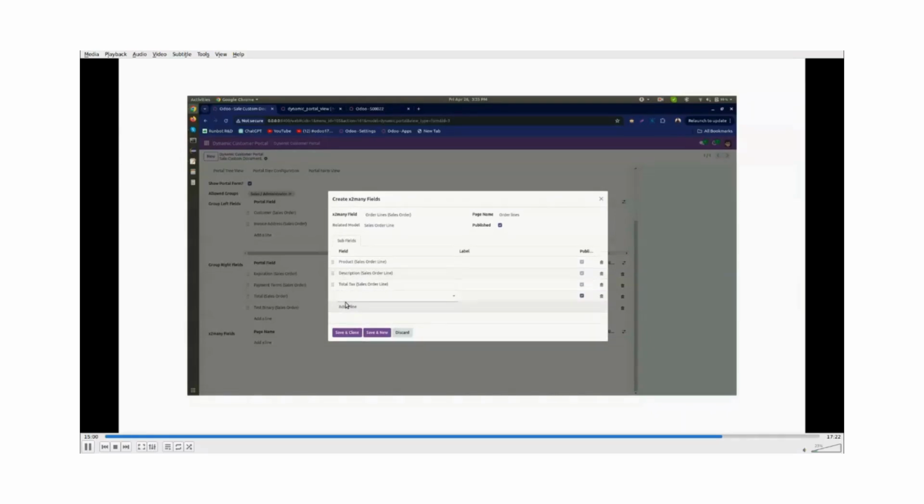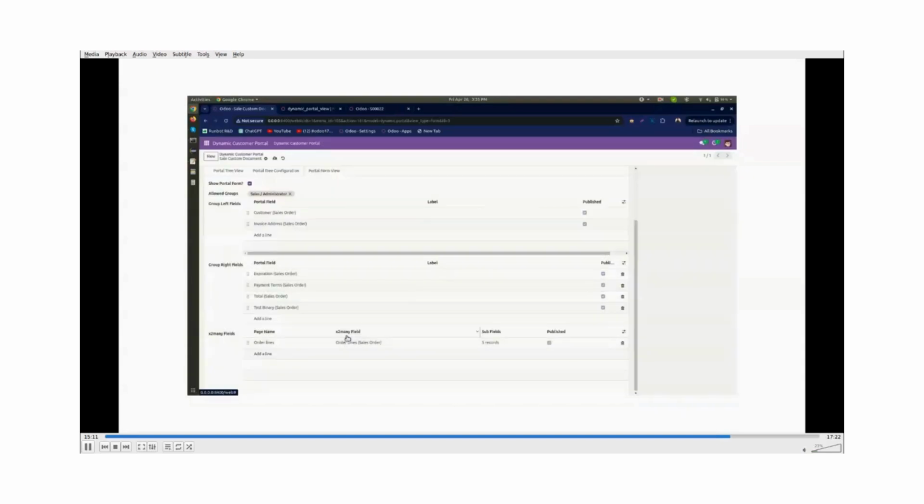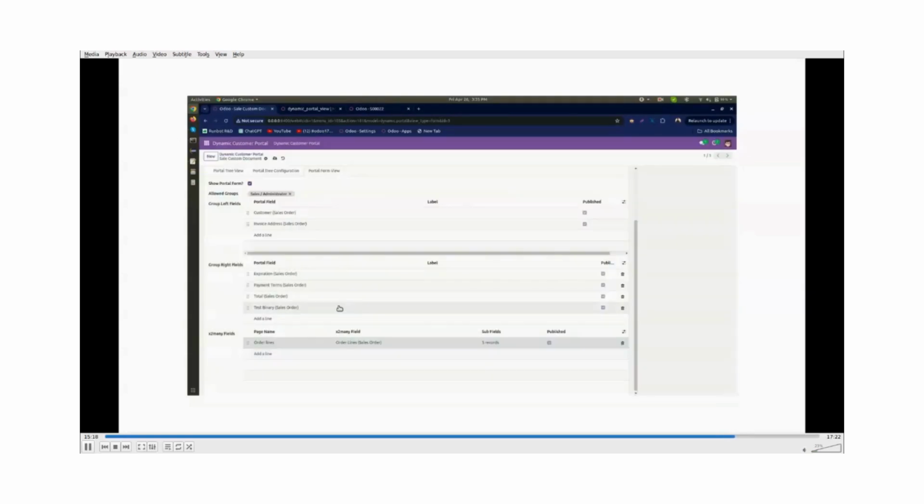Let's add total tags, discount for your sales order, subtotal. Click on save and close. So these fields will be shown on your portal.